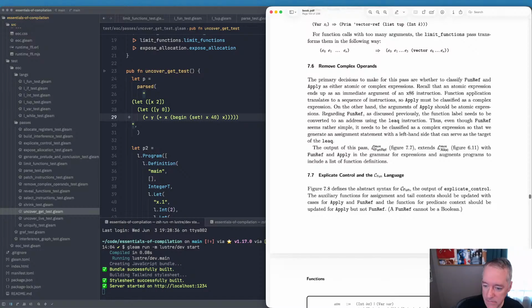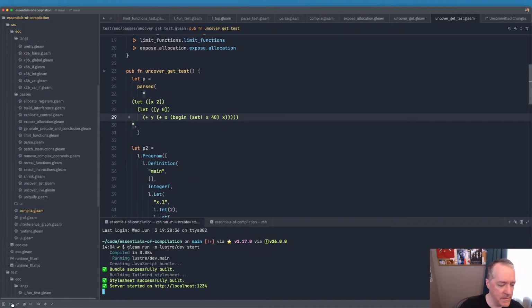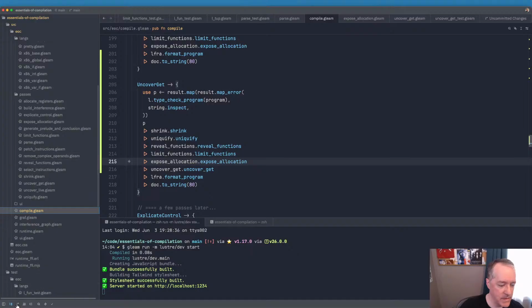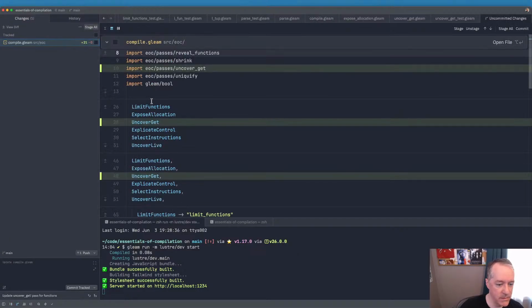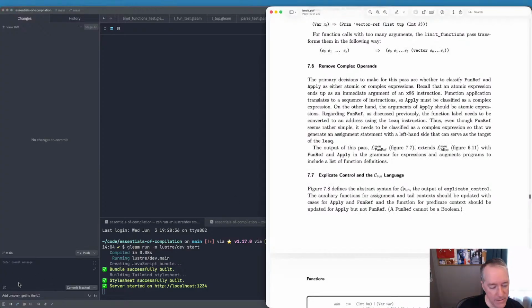Okay, so the output of this pass, which is the monadic form of the funref language, extends the monadic form of the language with allocations, with funref and apply in the grammar for expression, and augments programs to include a list of function definitions. So basically, let me make a commit on this first. I'm going to add uncover get to the UI. Okay. And then we're going to look at